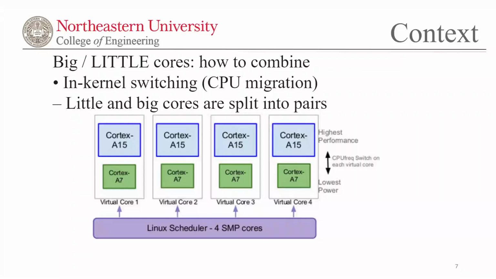Compared with cluster switching, this method allowed large cores and small cores in the CPU to run at the same time. However, in each pair, only one core can be running at the same time. This leads to the fact that there are always some cores in the CPU that are not working. This still greatly affects the efficiency of the CPU.